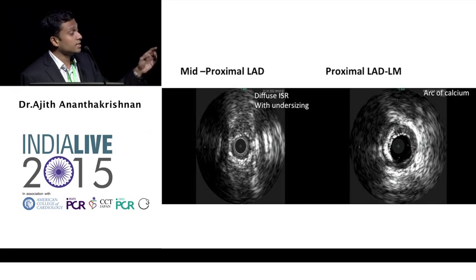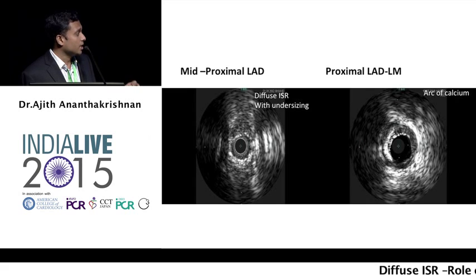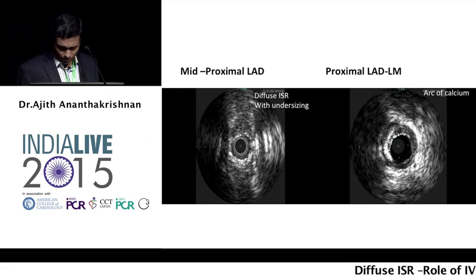Now we can clearly see that there is no stent fracture. There is a diffuse fibrous neointima. There is no tissue attenuation suggestive of thrombus. So these are vital points which will help us to treat this lesion, whether it's with debulking or some other strategy. Now, when we come to the second loop on the right, we can see that there's